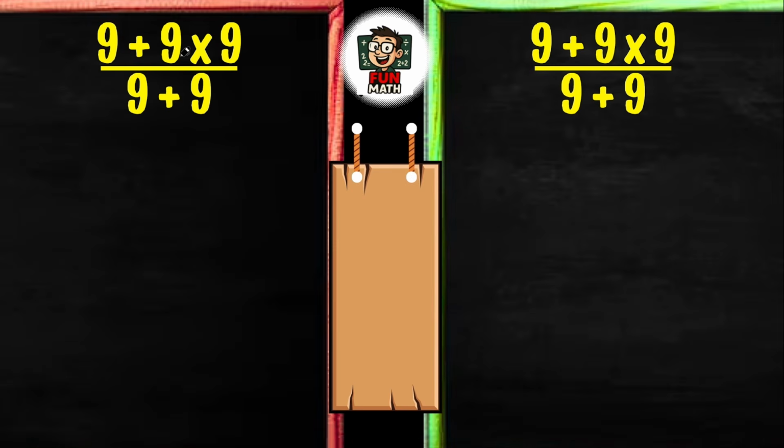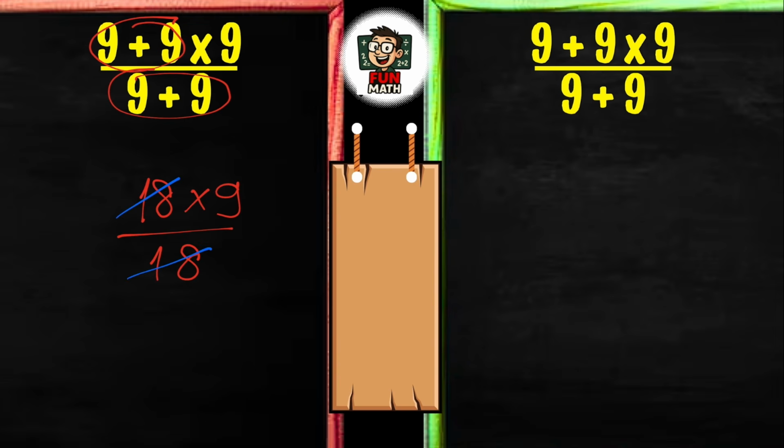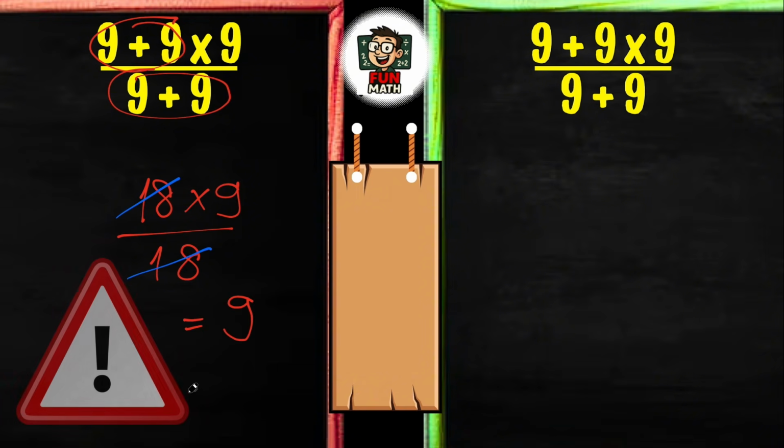Let's take a quick look at our question. First, let's do the addition. 9 plus 9 equals 18. Now let's simplify the 18 number. The answer is 9. If you solved it this way, you made a mistake, because we didn't pay attention to